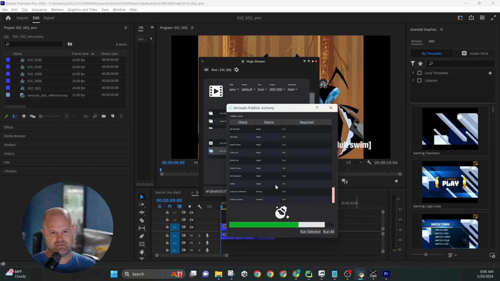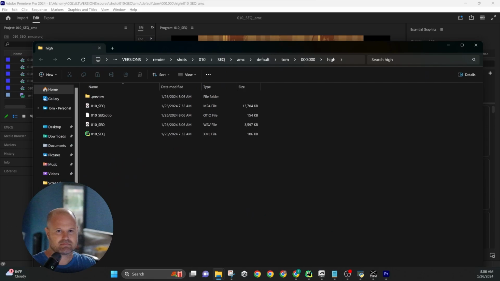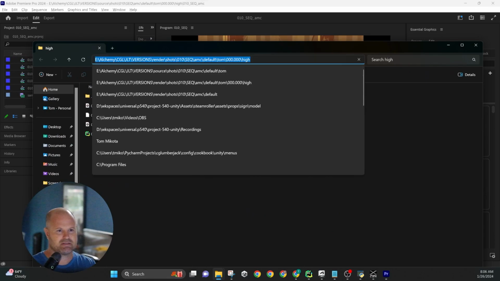It's going to be making all kinds of videos. It's going to make a video of every shot. It's going to make a preview video that it can upload to ShotGrid using the ShotGrid version. It's going to do all the things. So once that's all done, it puts it in Alchemy's